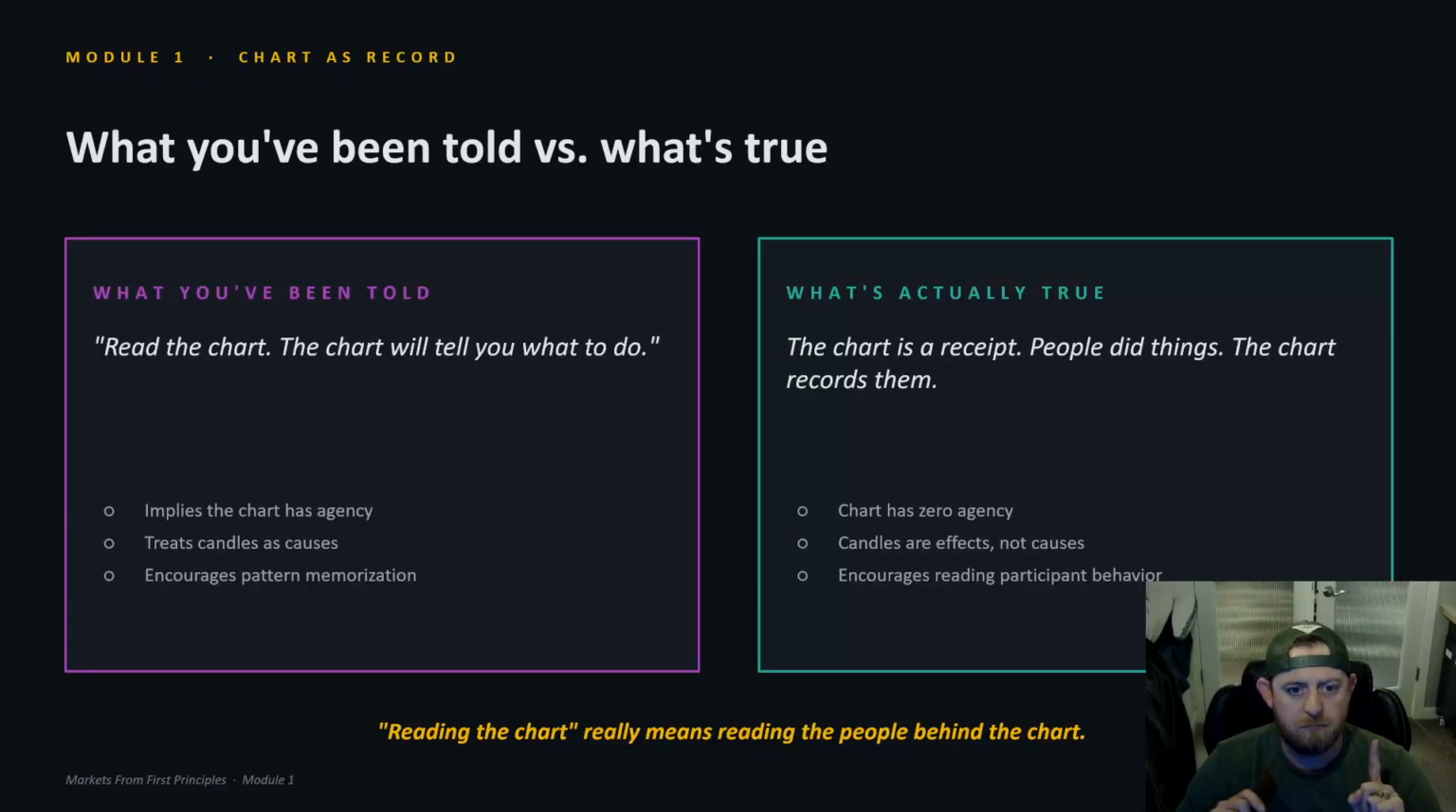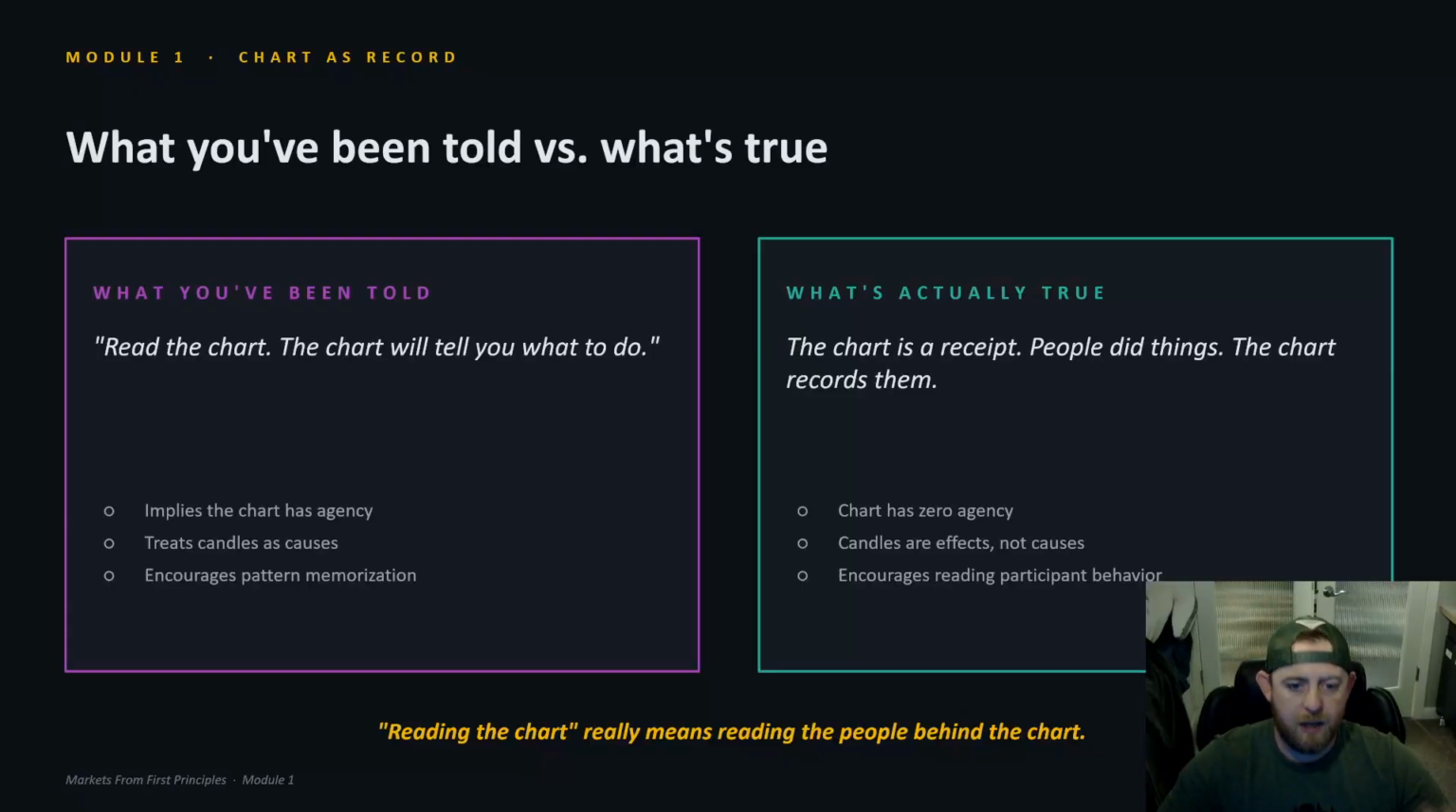The chart is a receipt. Some people or some entities did some things back and forth, and the chart is a record of those transactions. No agency to it. Candles don't have any effect on anything. They don't cause anything. People do. So thinking about it this way is really going to help develop you as a trader who is actually understanding